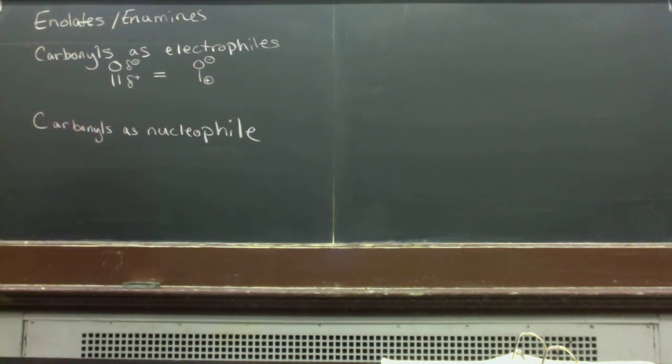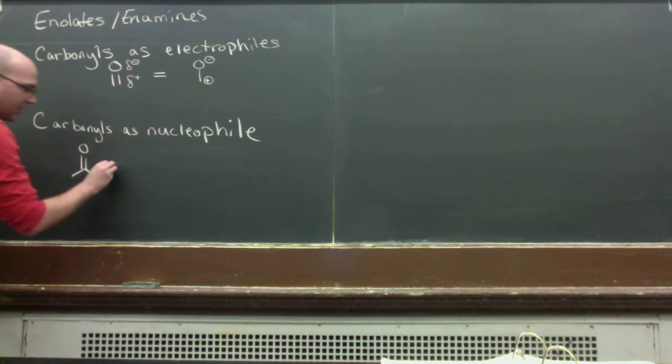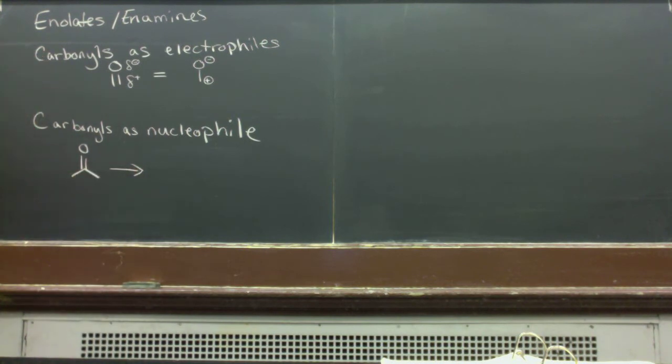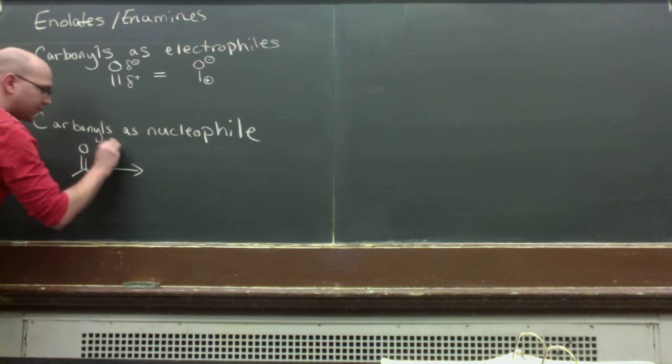You begin to see similar things with carbonyls. Certainly, we can think about this carbonyl as also being a nucleophile, but we didn't discuss too much about this. But as we'll see, if you take a carbonyl and you treat it with a base,